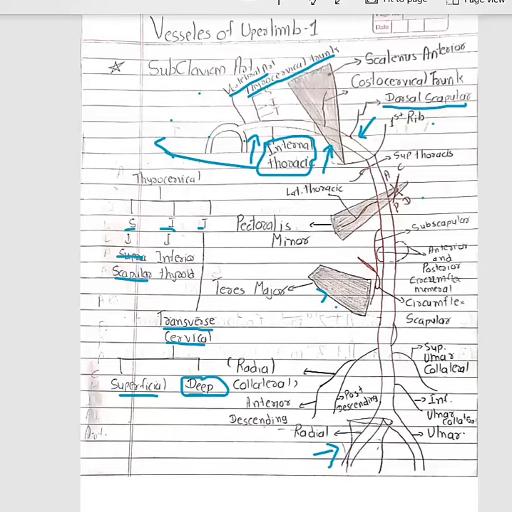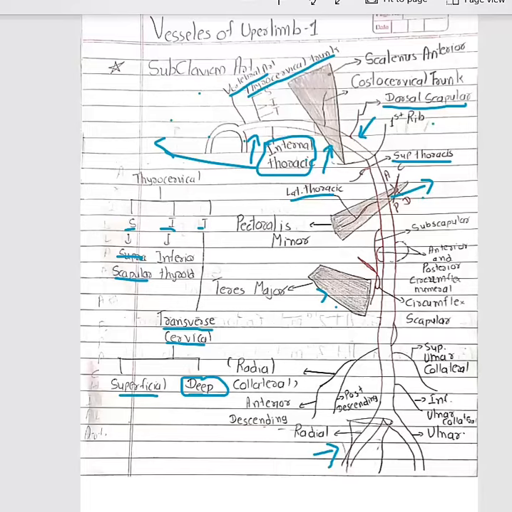Okay, next, the axillary artery. Like the subclavian artery, the axillary artery is also divided into three parts, but by the pectoralis minor muscle. The first part has one branch, the second part has two branches, and the third part has three branches, so it is easy to remember. In the first part there is one branch, the superior thoracic artery. In the second part, below the pectoralis minor muscle, there are two branches: the lateral thoracic artery and the acromiothoracic artery, or thoracoacromial artery.